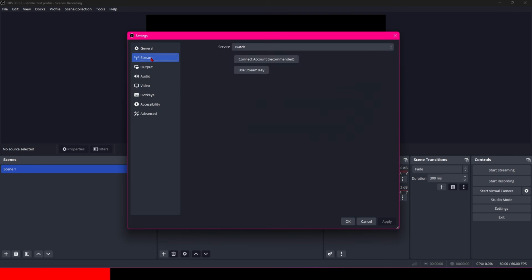And then we can go to stream. So this is where you're going to set up your streaming account. So today I'm just going to go through setting up and linking your Twitch and then setting up and linking a YouTube channel for today's exercise. So for the first one, let's set up our Twitch account. So we just use a stream key. So to find your stream key,